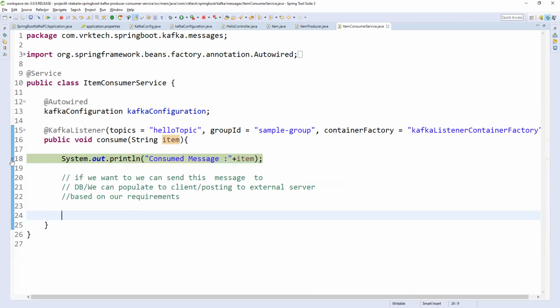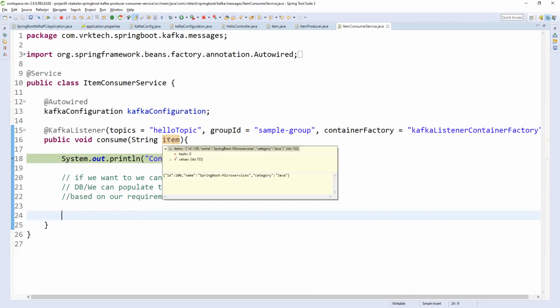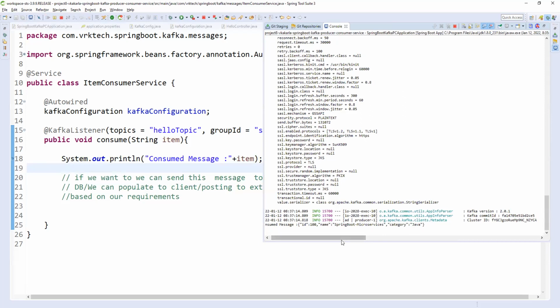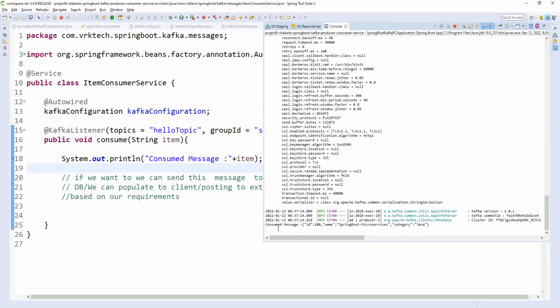But I put this debug mark here to see whether it is consuming or not. So it is consuming. From the topic it is taking. See, it is taking the JSON string, right? If you want to convert to an object, you can convert the object by passing it here. So let me convert the object. So it consumed the message. So system.out.println, consumed message. It is consuming, right? The same you can see. It is programming. You can log the information by giving system.out.println.